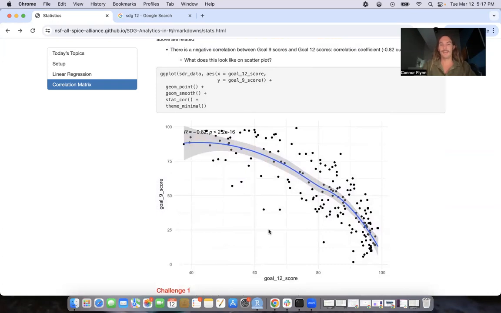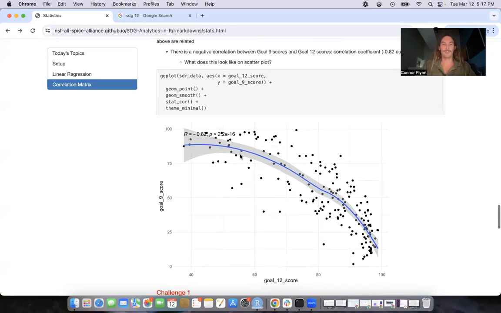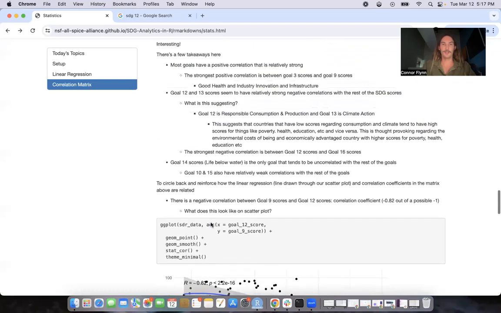So now just to recap with one last figure, if we plotted with a scatter plot similar to what we started with, goal 9 on the y-axis and goal 12 on the x-axis, we see this line going down to the right, indicating a negative correlation. And our R here, our correlation coefficient, equals negative 0.82, right? So a negative correlation. And that should be the same thing that we see in our correlation matrix. So if we go between goal 9 and goal 12,